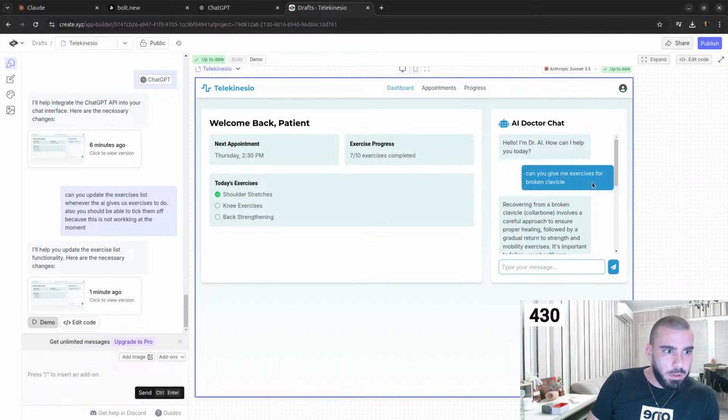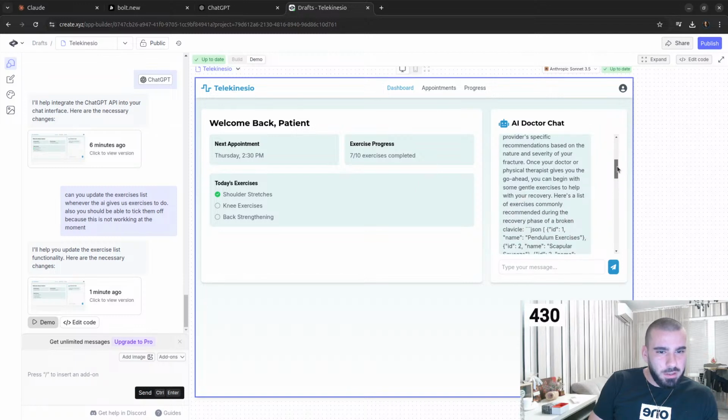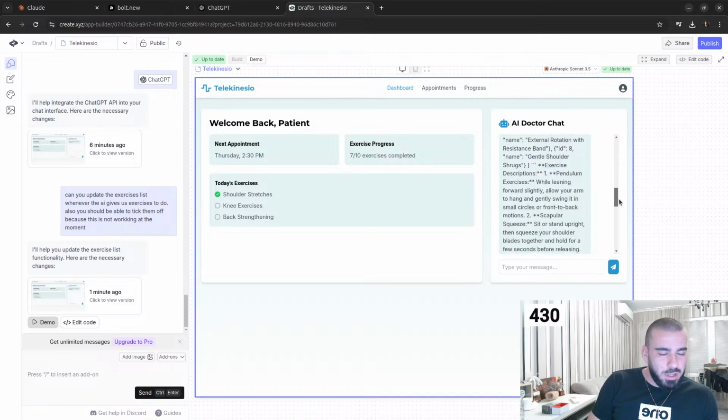Recovering from a broken clavicle collarbone involves a careful approach to ensure proper healing, followed by a gradual return to strength and mobility exercises. Alright, so it's giving it some JSON file,